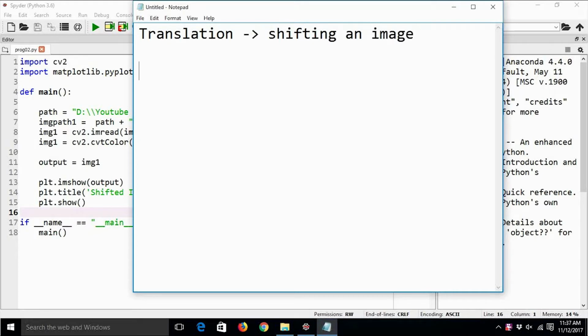So let us see how we can translate an image or how we can perform any sort of geometric operation on image. Translation operation is a kind of geometric operation on image.